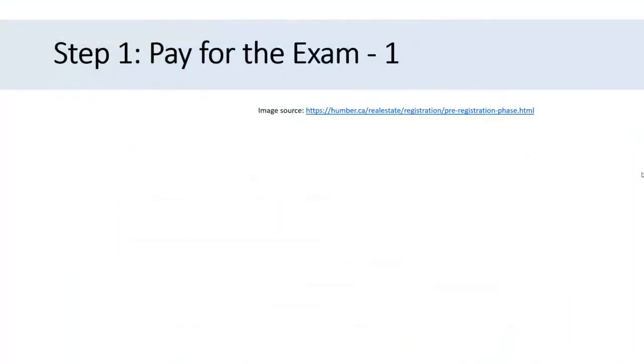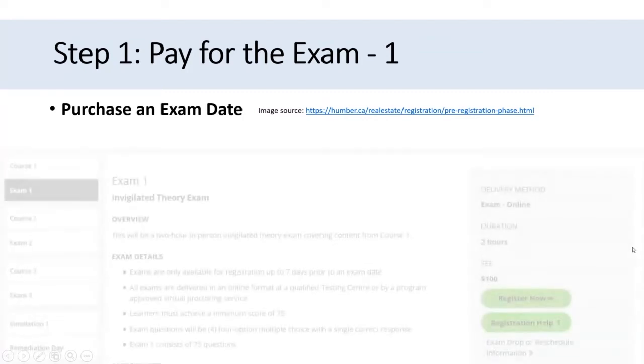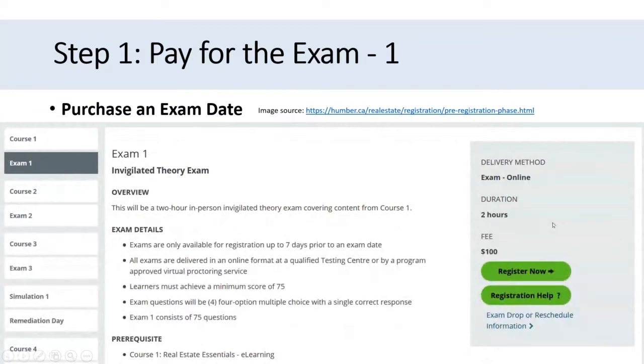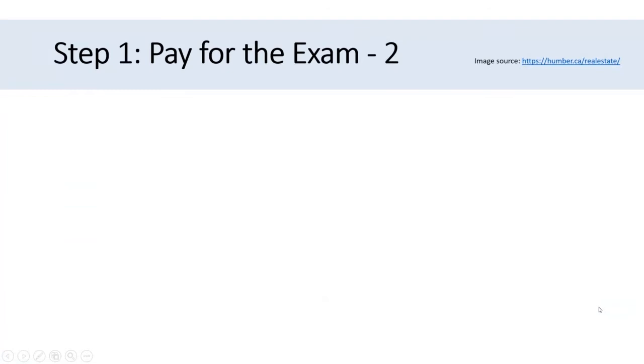So here I wanted to go through step 1, which is pay for the exam, which the link you can see is available at the Humber Real Estate pre-registration phase HTML. And when you look at this step, it's essentially telling you how to purchase an exam date. So when you go to the specific link, it'll show you the exam 1, and you can register now. And when you click on the register now button, it takes you into the next